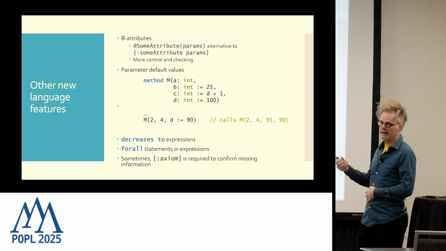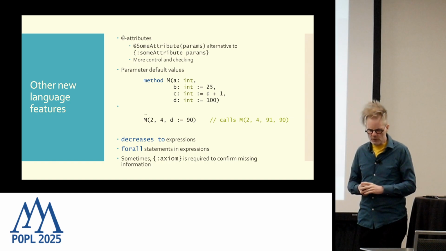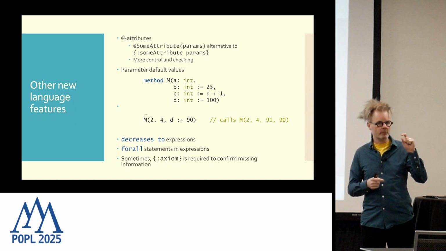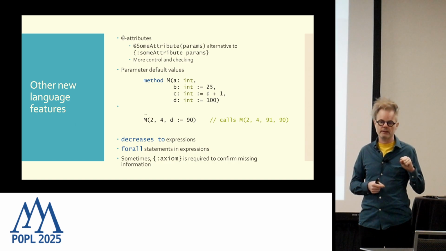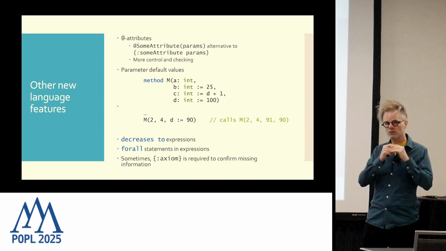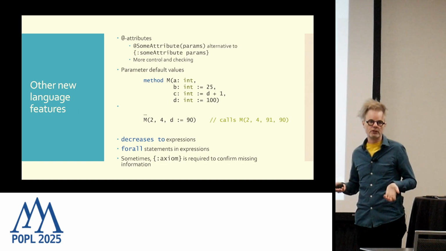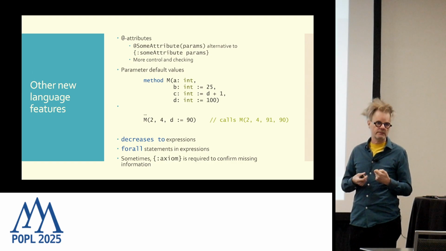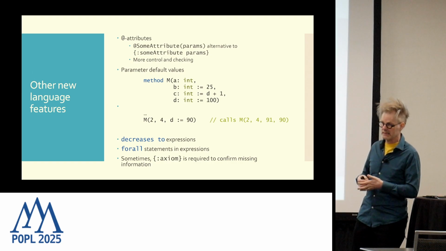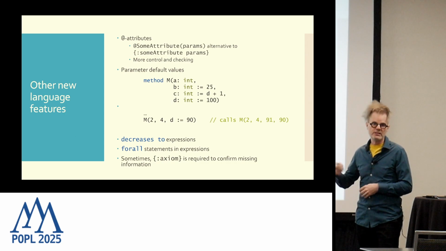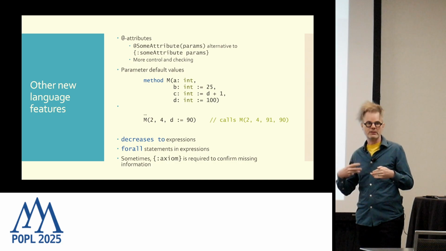So this was added in an effort, when something fails, we have a little light bulb that pops up in the IDE. And if you click on that, you can say, give me the assertion, give me the condition that really fails, so that you can start working from that condition. Now that feature is still an experimental feature. It's not always working, but that needed decreases to clauses